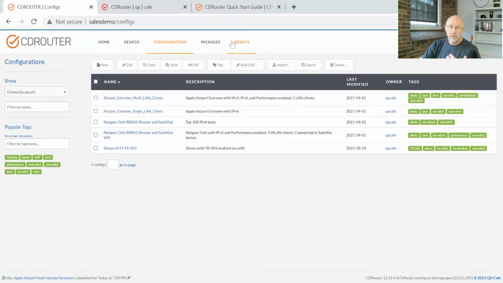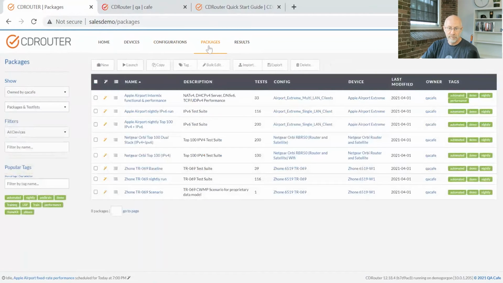The test packages are what you actually run on CDRouter. Every test package contains a list of the tests that you've selected, and they each use a config file and a device that you are testing against. Once you've created that test package and associated that config file and device, you can launch it right from the test packages window here, and CDRouter will